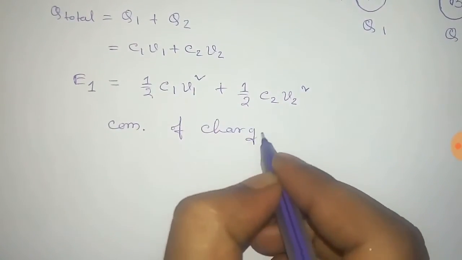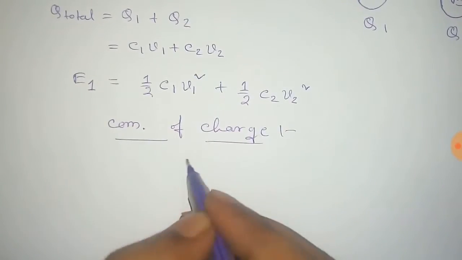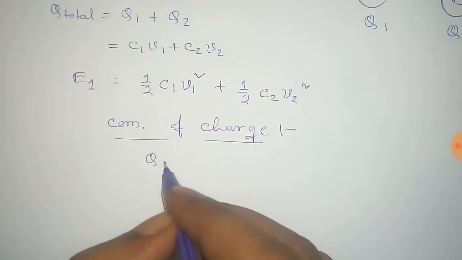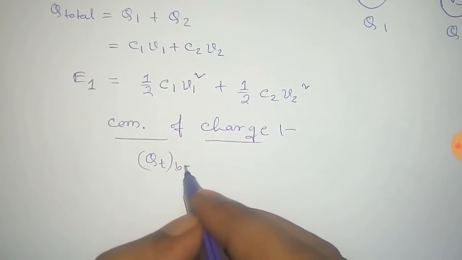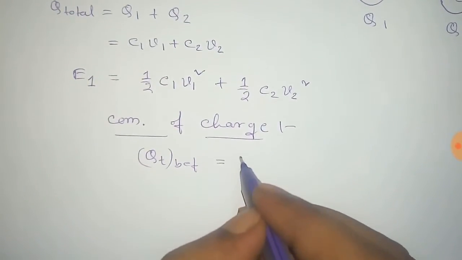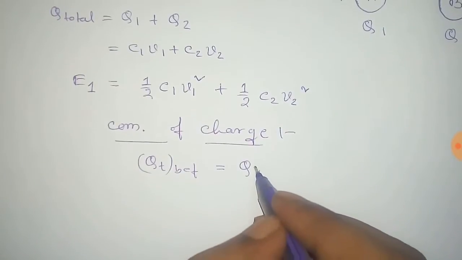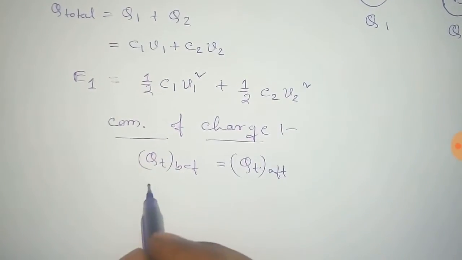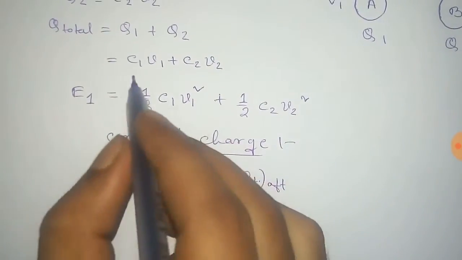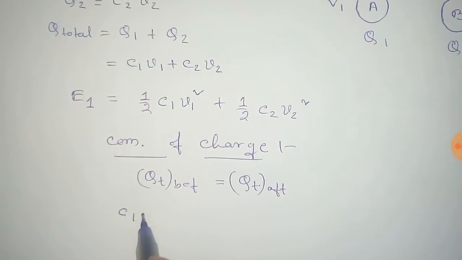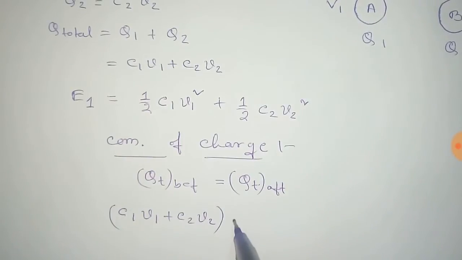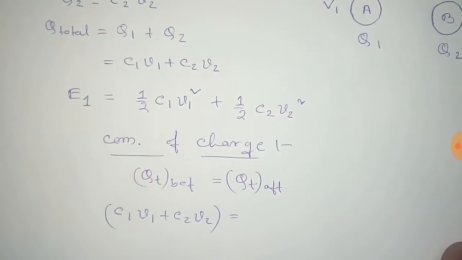And from the conservation of charges, we can say that the charges of these two conductors before we connect the wire and after we connect the wire would be equal. So Q total before and after is equal. Before, the charge is C1 V1 plus C2 V2, and after that